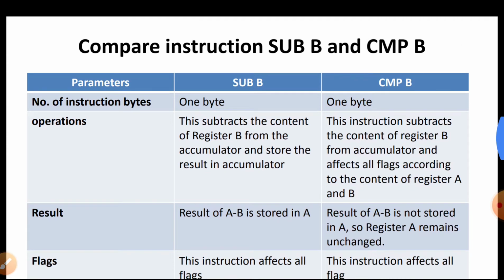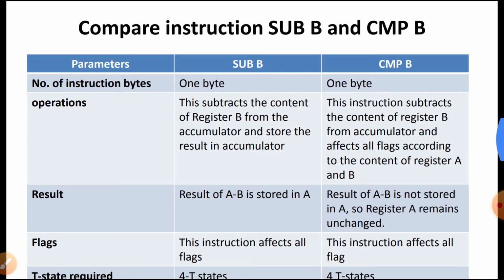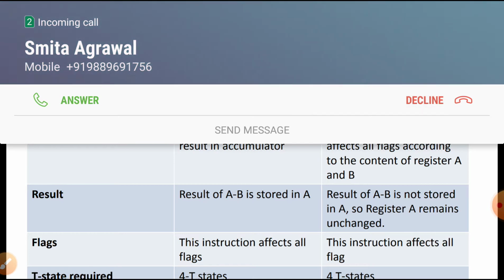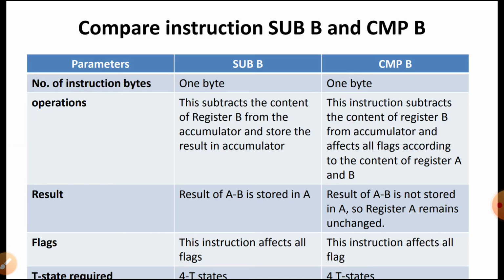The second instruction pair to be compared is SUB B and CMP B. SUB B is going to subtract the content of B register from the content of accumulator and the result will be stored in the accumulator. And CMP B is an instruction which compares the content of B register with the content of A register. Now, of course, it is going to subtract the content of B register from the accumulator, but as far as the